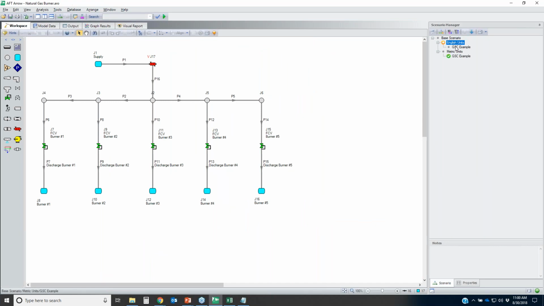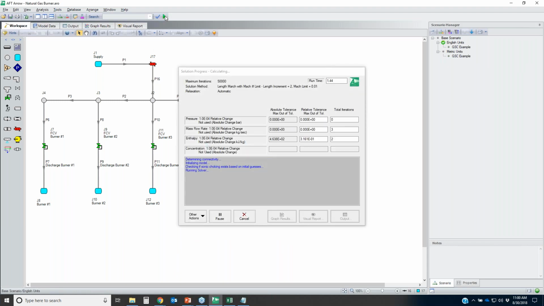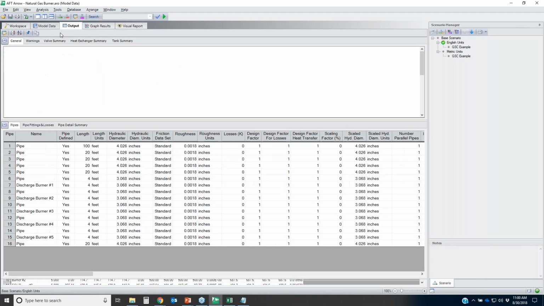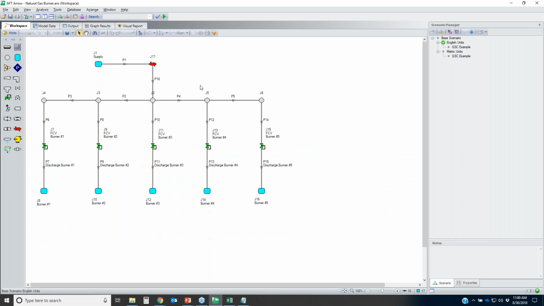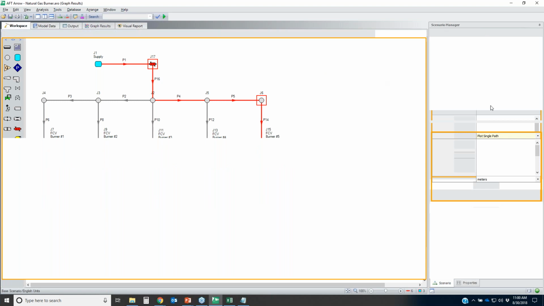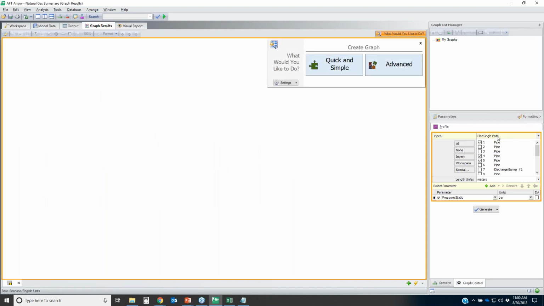All right, so what I'm going to do is run my English unit scenario and create a graph list item. The way I'm going to do that is go to model data, workspace. I'm going to select the pipes in this flow path, and then for my graph results, I've got them selected there. So I'm going to show pressure in terms of PSIA